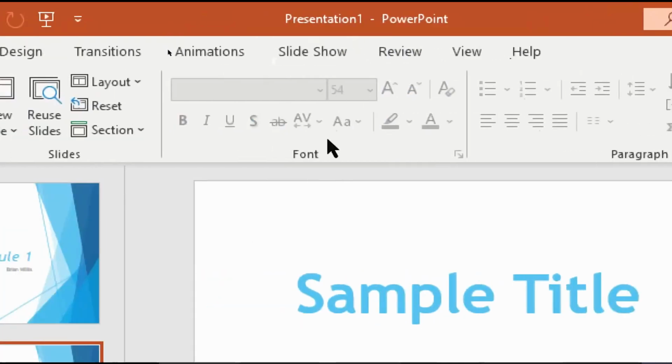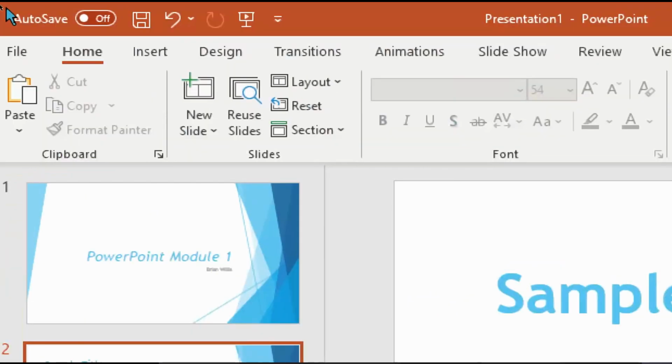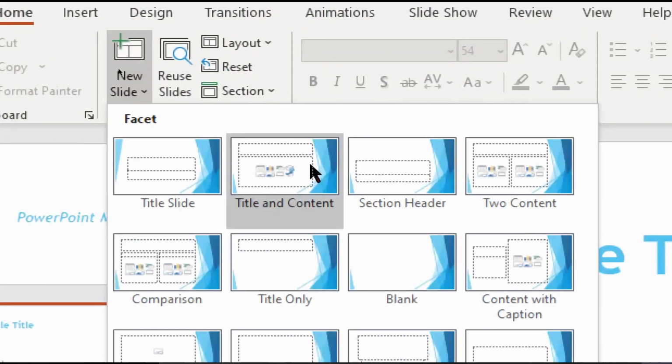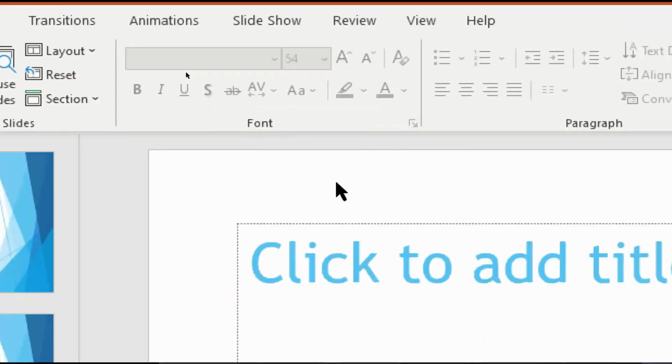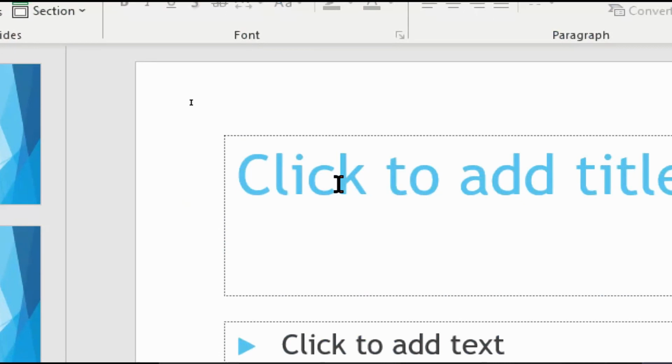What else do we have that we can discuss here? I don't think so. Let's see. Let's go into another slide here. Let's do a side by side. I'll quickly show you how to